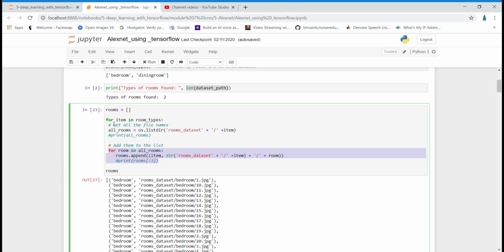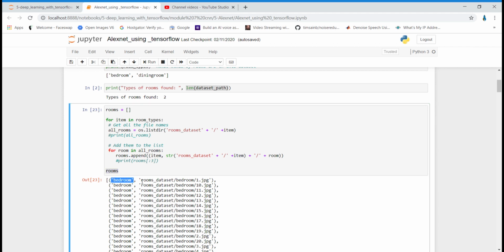In the same way, when the first folder's work is completed, we'll enter the second folder by using the first loop, and then by using the next loop we'll get all the images of that folder. Let me show you how the result looks. I'm printing the rooms list over here, and this is how we are getting the information. This is the folder name in front of this. First of all, what is this?